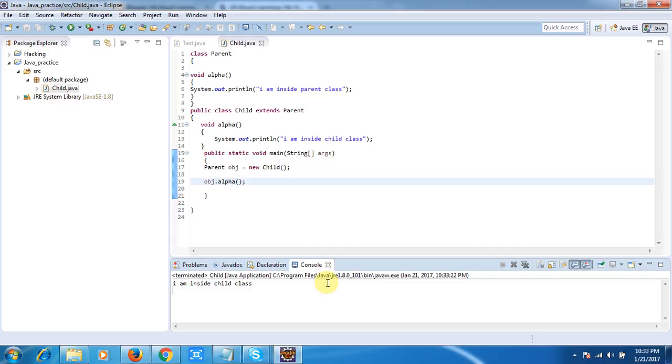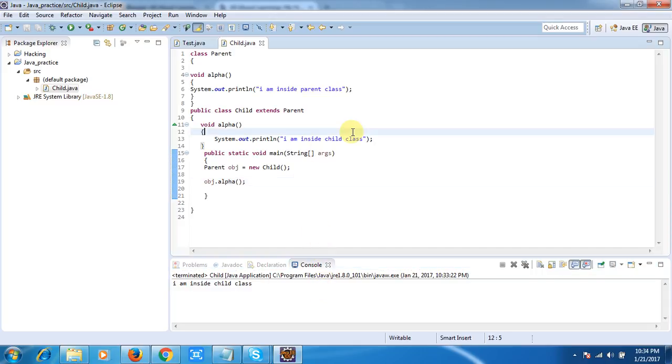Let's see an example. The same example will be here. Let me make a little change. This was alpha, I will make it beta. Now the object is the same, meaning what I am doing here is upcasting.